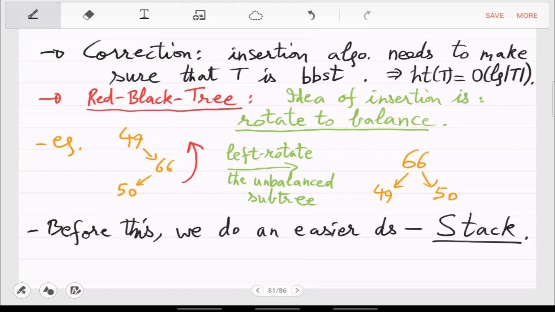Right, so it is like an array which is growing from 0, 1, 2, ... n minus 1, but you are not allowed to access any cell in the array except the last one. You can think of it as an array where only the last place is open. That's called the top.